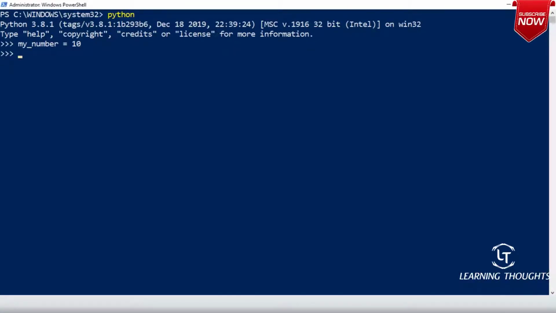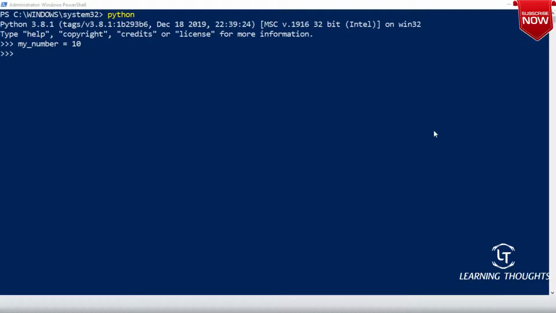What does this statement mean? Hi Jarvis, remember 10 as my_number. Yes or no, sir? Are you seeing any difficulty in this statement? When I tell Python to remember, it will remember.